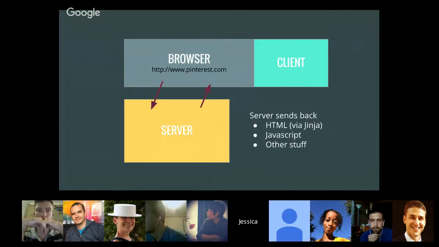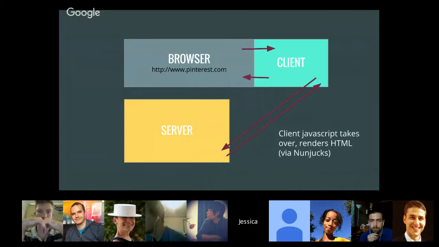After that, every time you click around or want to look at a pin, the JavaScript takes over and handles all these events, the clicks and the scrolling and everything like that. When you click on a pin and see the pin appear in your browser, the browser doesn't make a huge page reload.